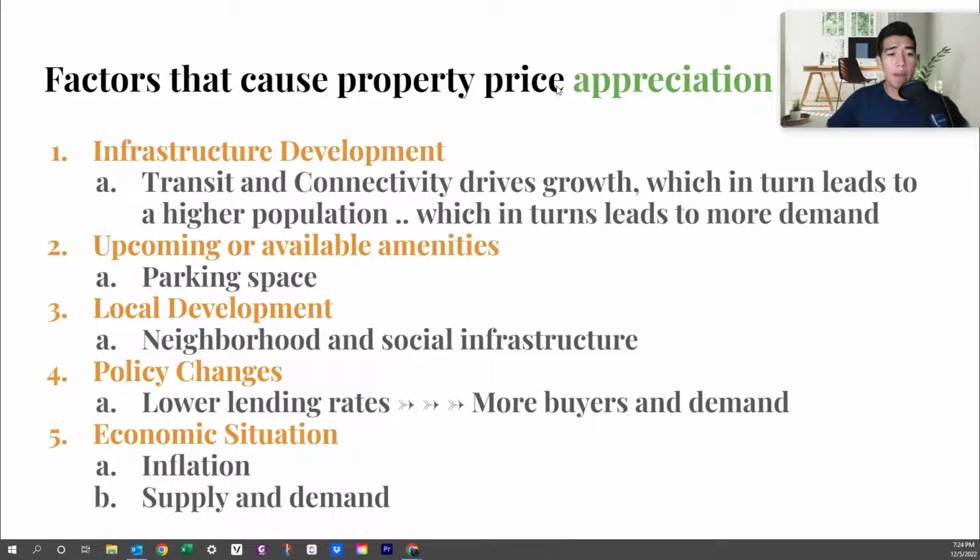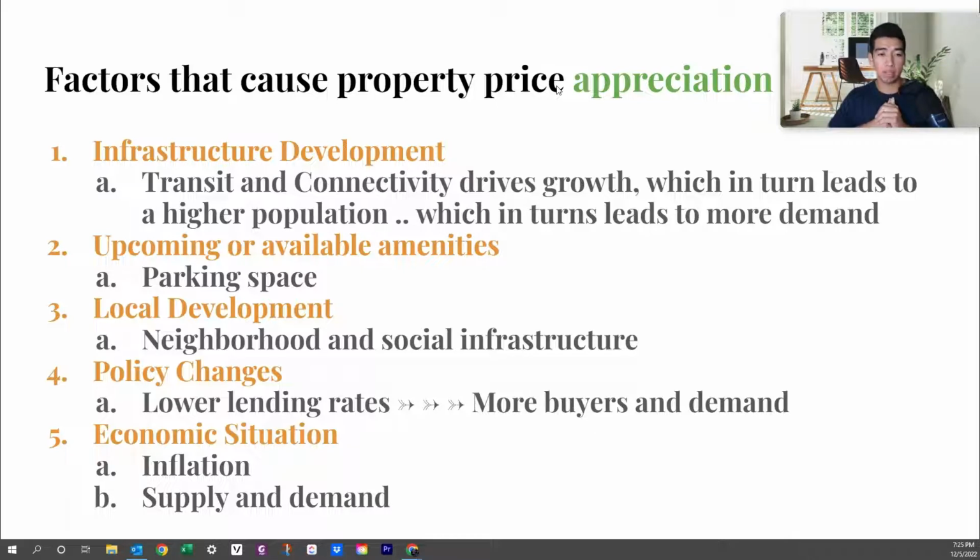Number two, upcoming or available amenities. I have here the example I want to use. It's pretty basic and it's probably more relatable towards renters. But consider a parking space. If you're looking at two different properties, whether it's an apartment or house, and property A has a parking space and property B doesn't, then you probably find more value in property A, and therefore you're willing to pay more for that. So, big picture, as long as you upgrade your property or you keep adding amenities or fixing the amenities, then that property value will go up.